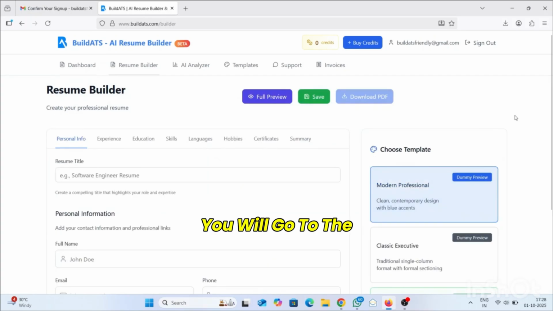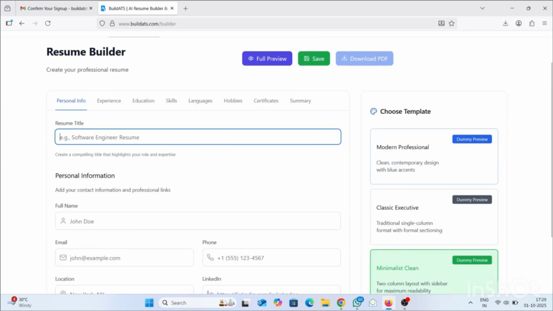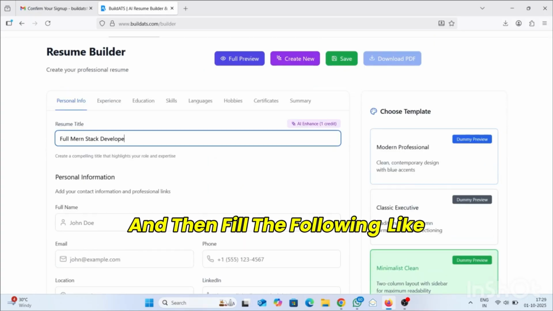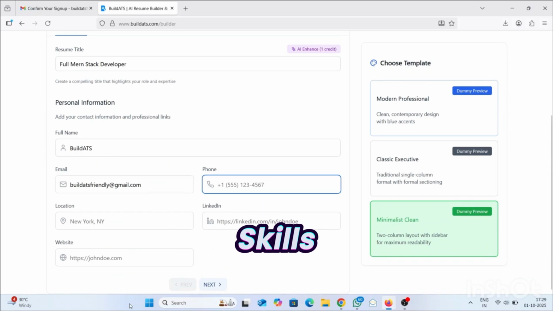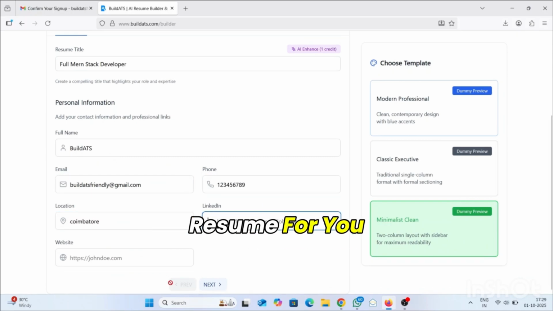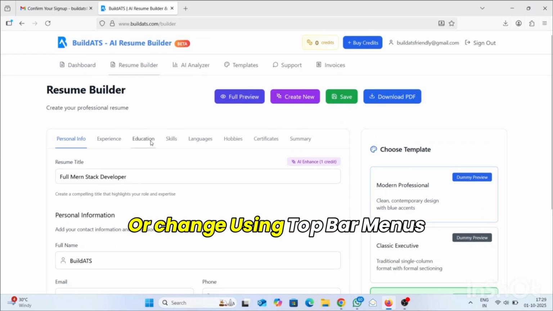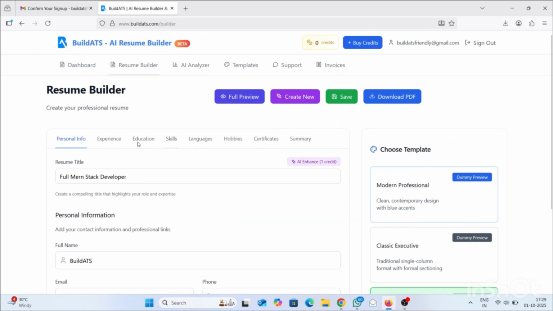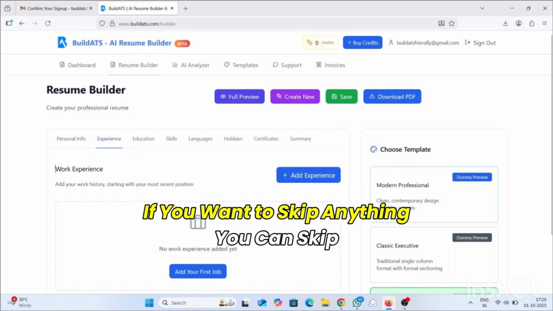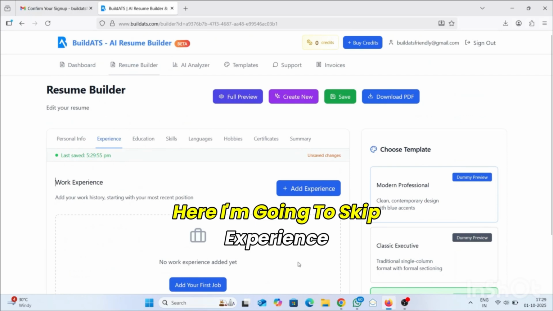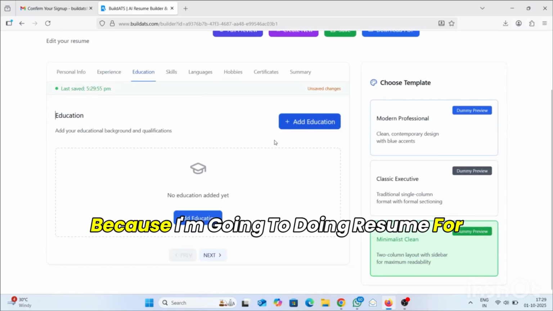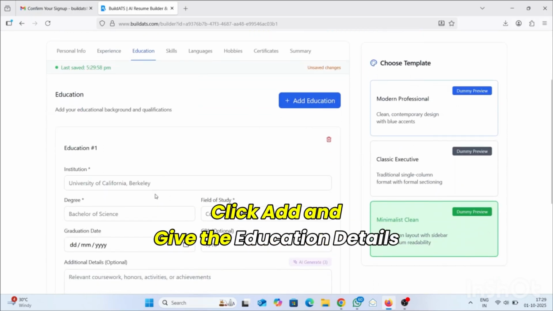Just click on it. You will go to the resume builder page and then fill in the following: personal info, education, skills, language. It automatically generates the resume for you. Once you finish a particular section, you can click on next or change using the top bar menus. If you want to skip anything, you can skip. For example, here I'm going to skip experience because I'm doing a resume for a fresher,